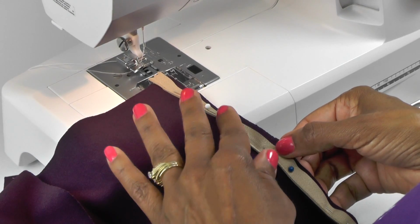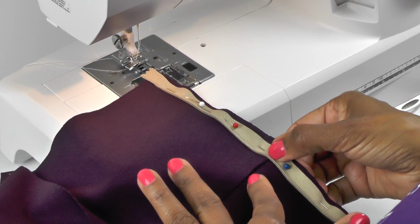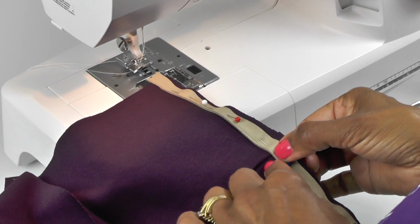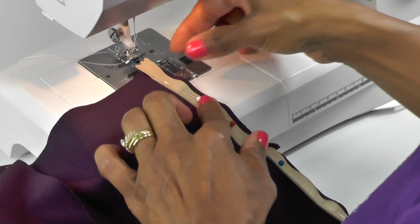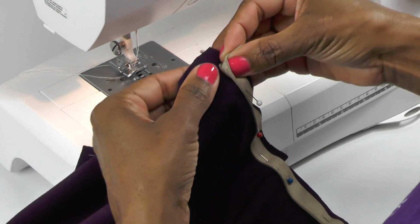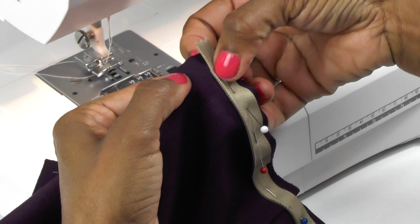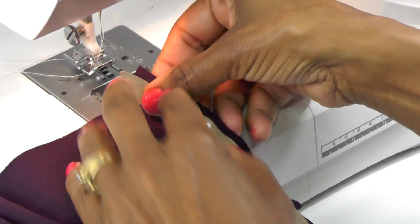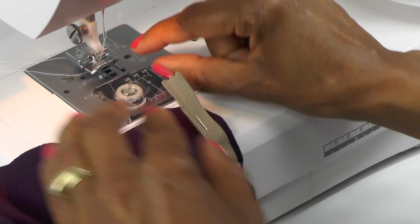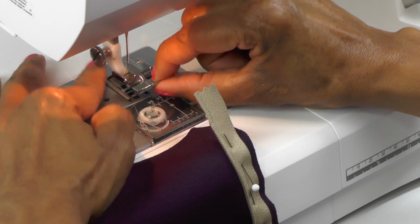We now have the other side of the zipper tape pinned to the skirt, making sure that the line on the zipper tape is even with this seam. Also making sure that that plastic stop at the top of your zipper is right at that dot that we made. Okay, now we're going to sew this side of the zipper down, but first we need to switch sides on our presser foot. So just go ahead and switch it to the other side,